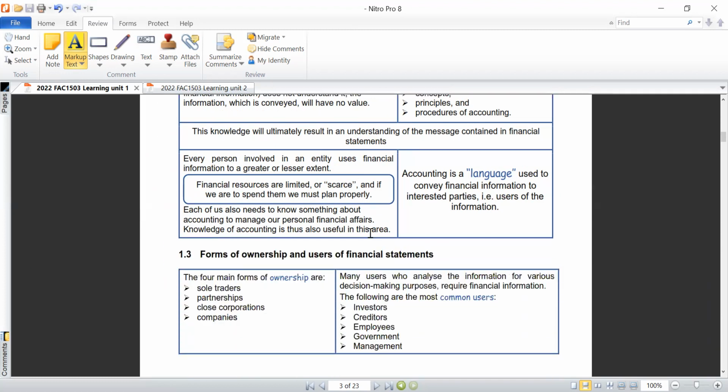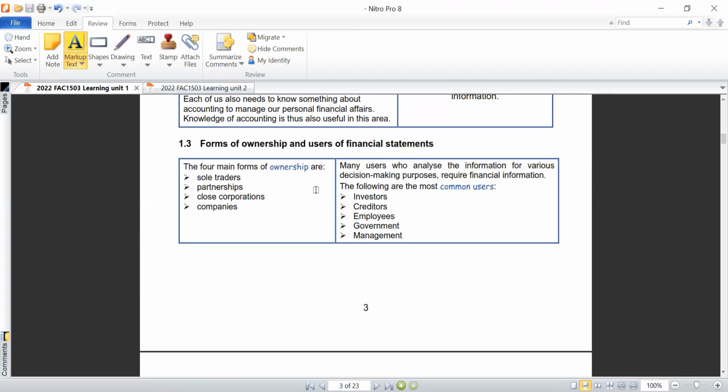So let's proceed to the next item, just so that at least you know these things from a high level. Forms of ownership and users of financial statements, right? Like any other business entity you can think of, for example at CIPC, when you're registering a company there, there are different forms of business entity that you can establish.